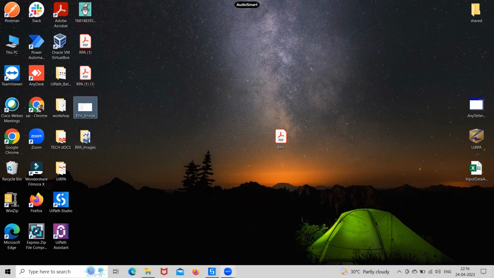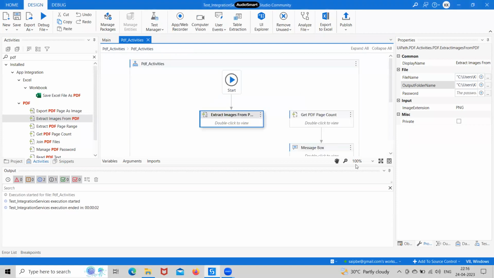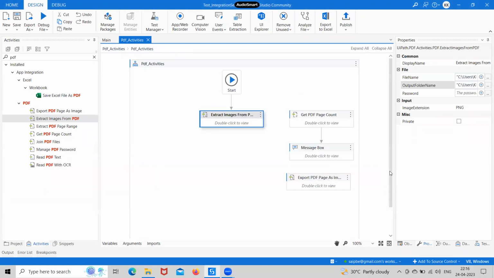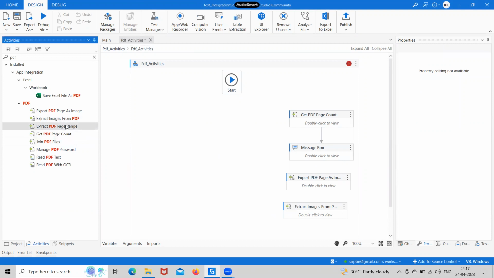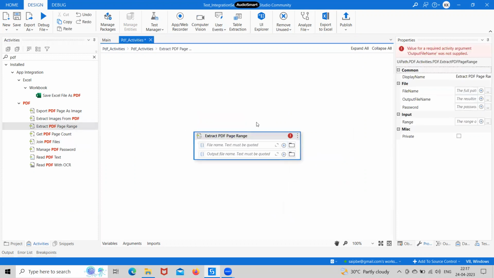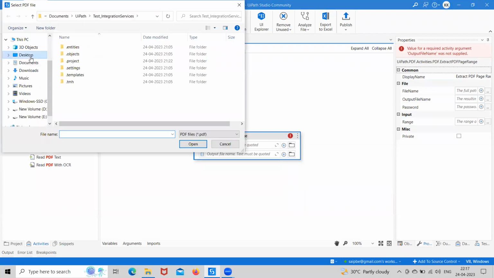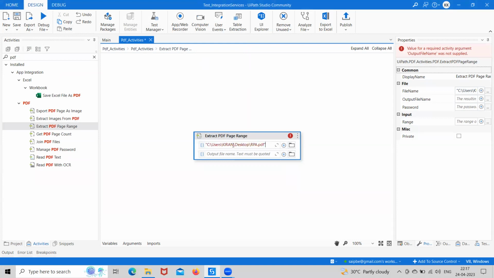Fine. The other activity we'll go with is Extract PDF Page Range. Extract PDF Page Range is something where you want to split your PDF file. So what is the input? On the desktop, I have a file called RPA. I want to store it with a file name called